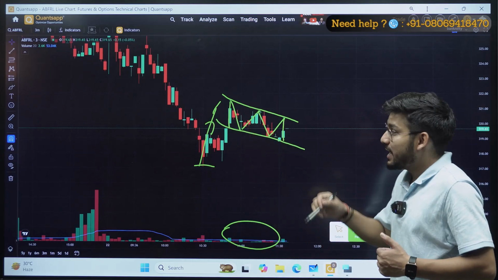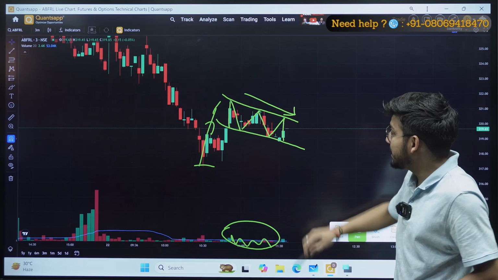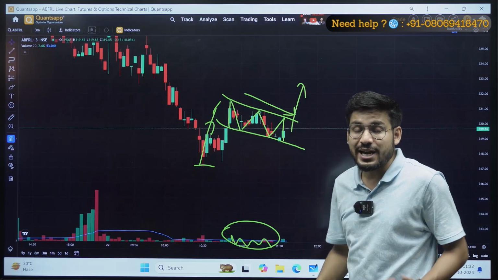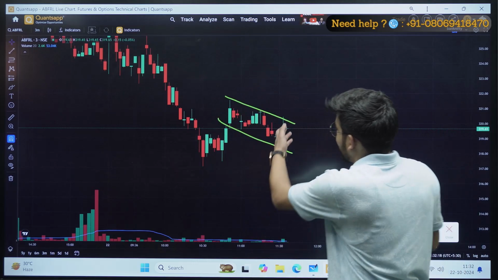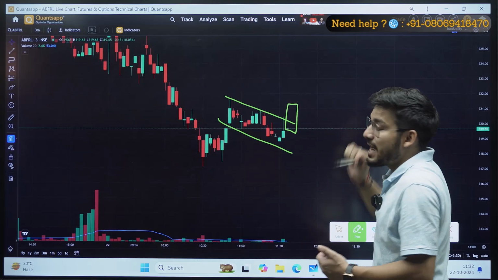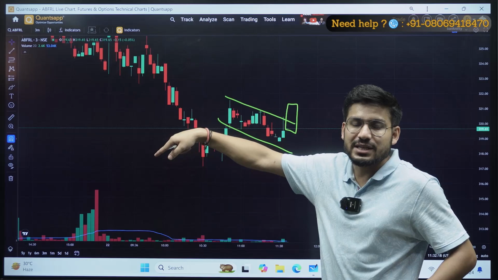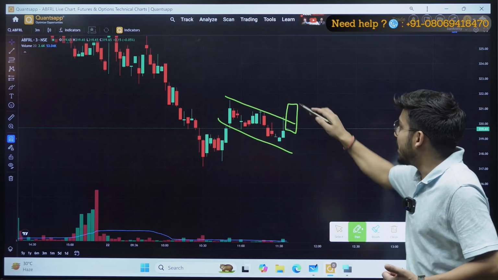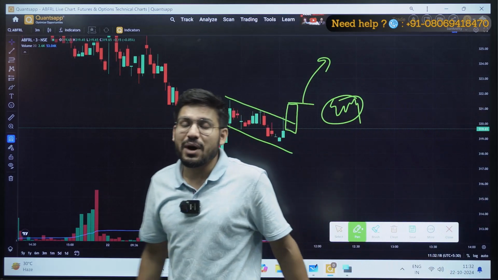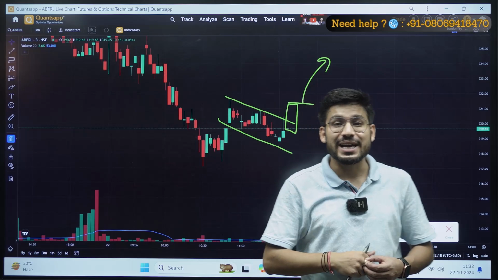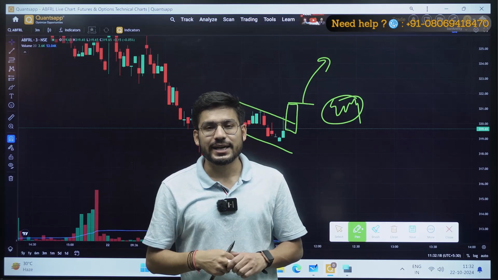So what will happen if this movement is on the bearish side and my market is not giving me good momentum? It means my market can continue in the upward direction. What do I have to wait for? I have to wait for this channel, this flag, to break out, and after that, if I get a good candle, as I got in the previous example, I will mark the entry point. Then I can trade with it in the upward direction. I can mark my stop loss and my entry point, take a risk reward ratio of 1:2, 1:3, 1:4 as well, and I can trail my stop loss as well.